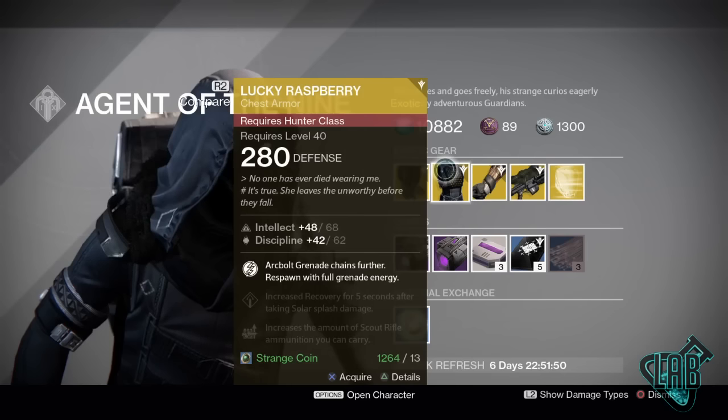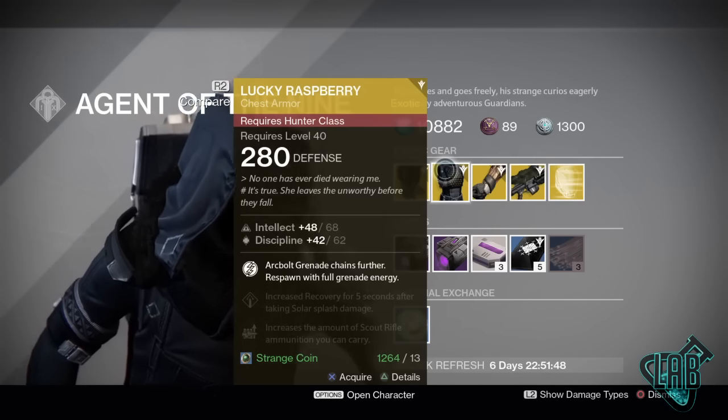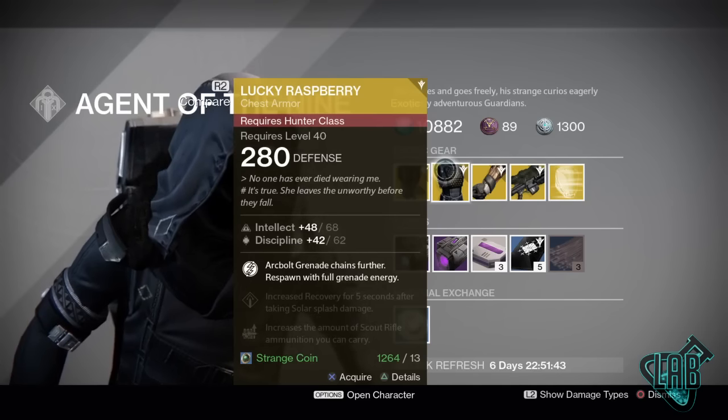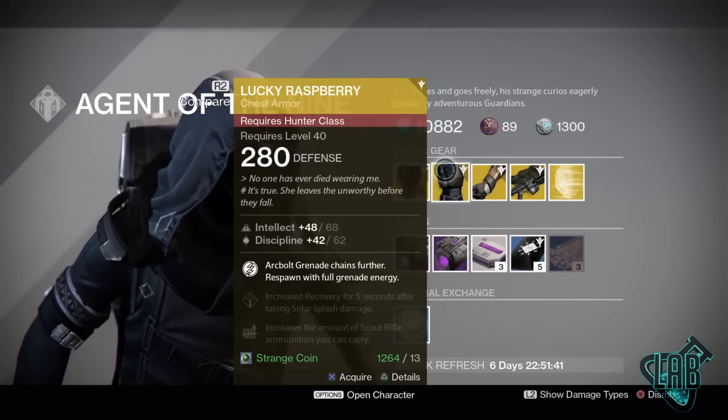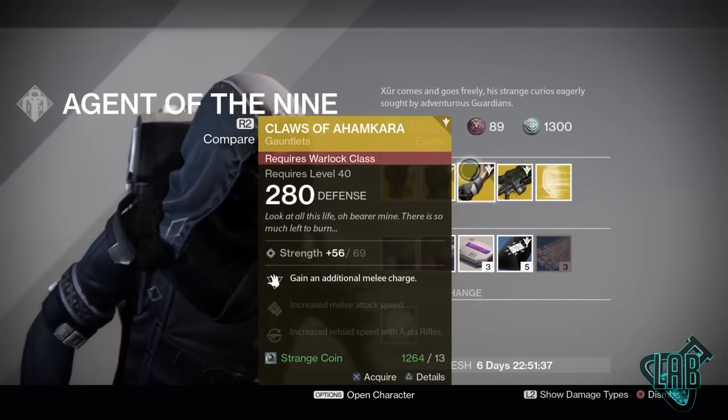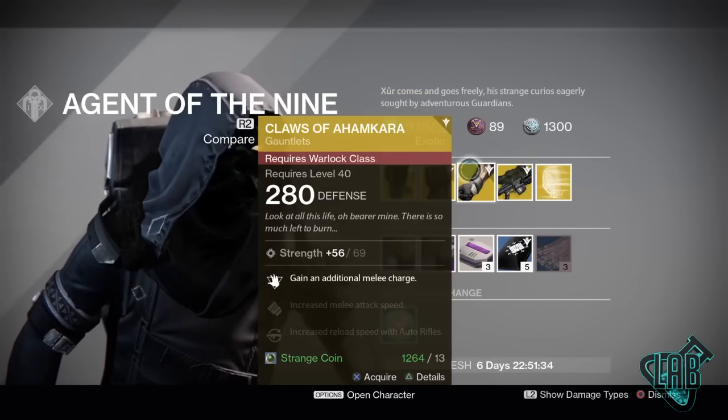Moving on to the third exotic gauntlet, we have the Claws of Ahamkara. These are an absolutely essential exotic gauntlet for your Warlock, especially if you're using the Stormcaller. These are the best exotic you can use for your Stormcaller. Almost everyone is using these if they're using a Stormcaller, due to the fact that they give you an additional